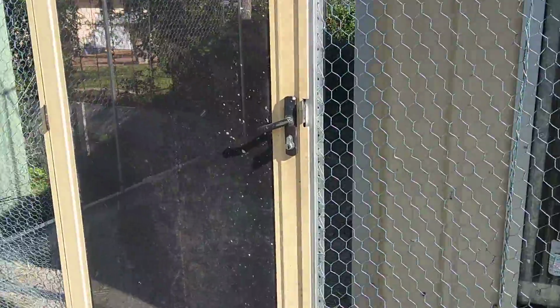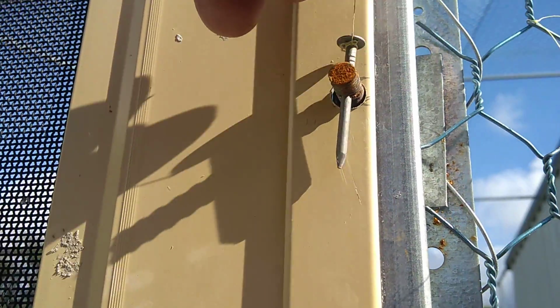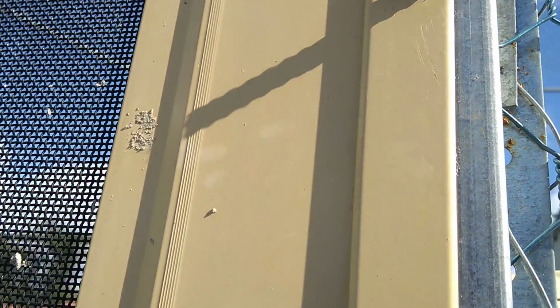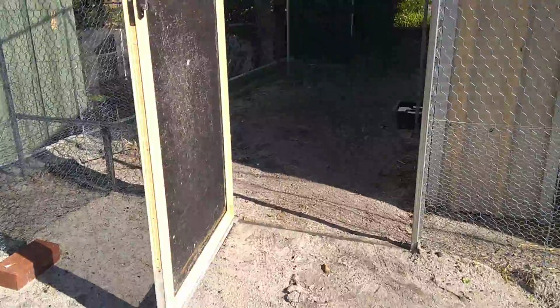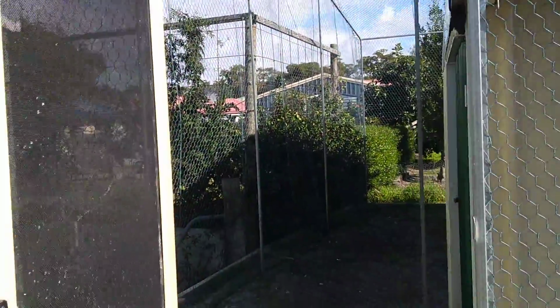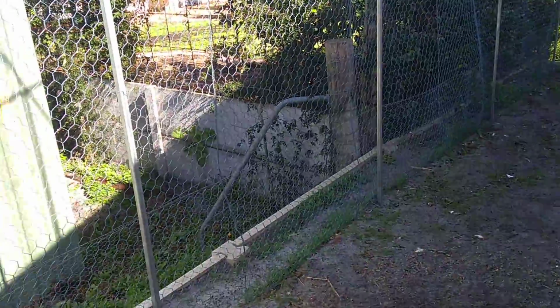Here we have the doorway in. I need to take this nail out of the latch, open the door. As you can see, the door is open. We'll go inside because I think the chooks are in there having a bit of a rest or a bit of a bludge. Let's stand back a little bit from this because we can see that